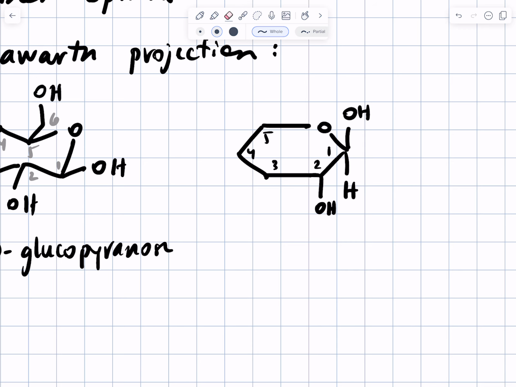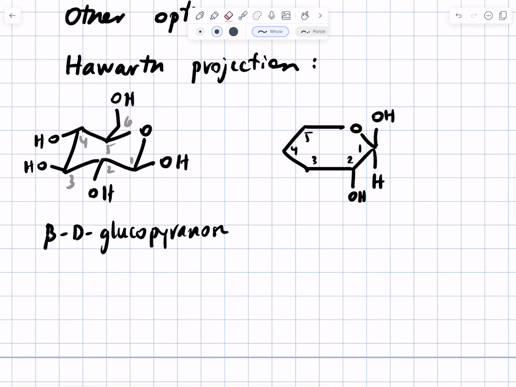You can include or not the hydrogens. We'll do it here just to be consistent. On carbon 3, the OH group is up. So, oops, I erased too much. So that would be vertical up, and then hydrogen is down. On carbon 4, the OH is down, so we'll draw it vertically down. And then on carbon 5,